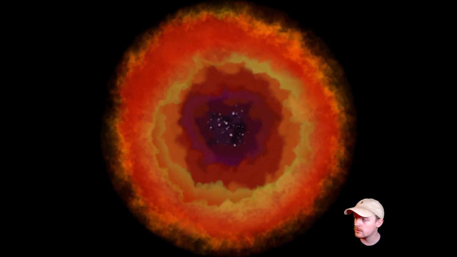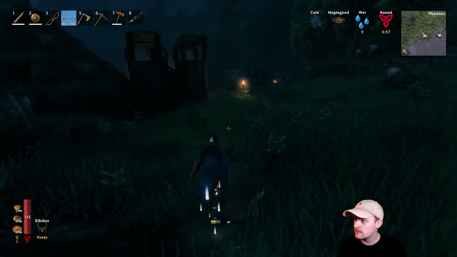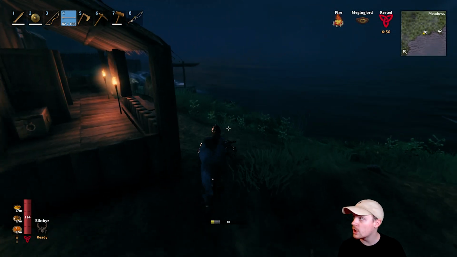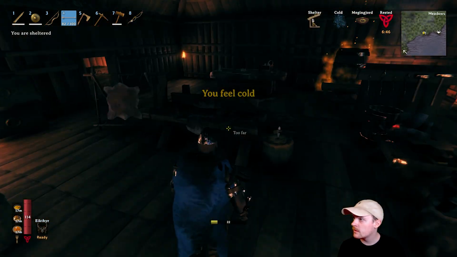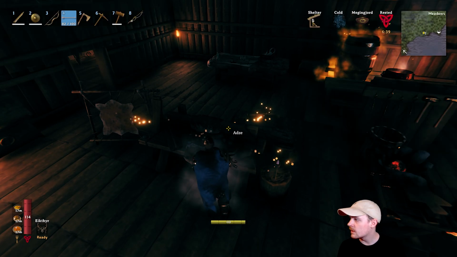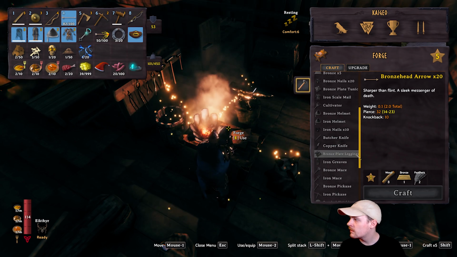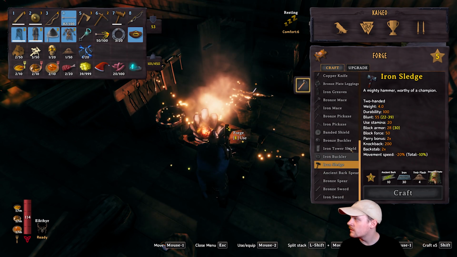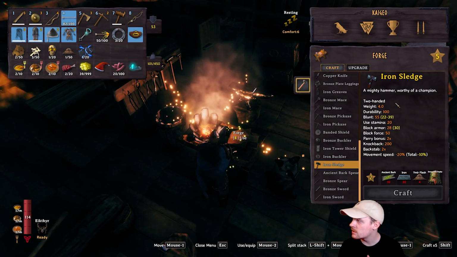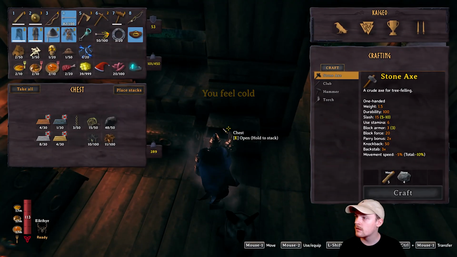Let's head on through the portal. I'm curious to see how we fare against these Draugr and stuff now that we have the iron armor. Because before, these Draugr were hitting like trucks. Nothing there. The Iron Sledge. A mighty hammer worthy of a champion. Draugr Elite Trophy, Ymir Flesh. 55 blunt damage. Okay, that's kind of cool. I don't even know what to...